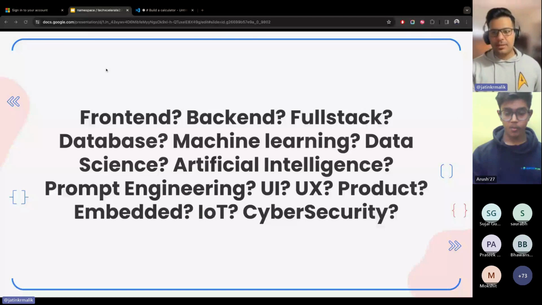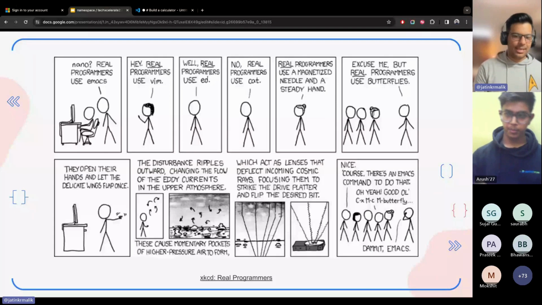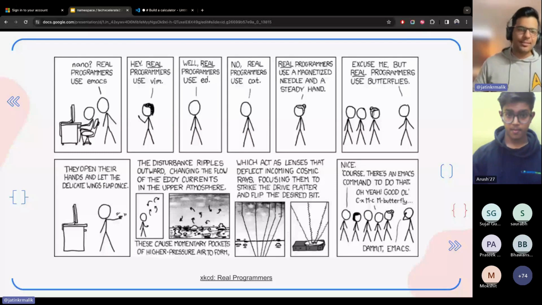So my idea is, as engineers, and I think the one thing you guys right now have is time, right? And there is no such thing as a real programmer. I have this comic that I really like. There's a very nice comic called XKCD. It's basically made by a lot of nerds, and it's pretty good. So if you read this,